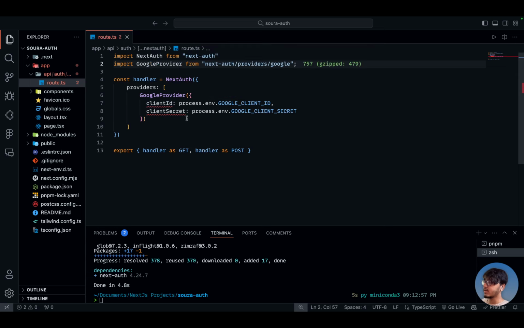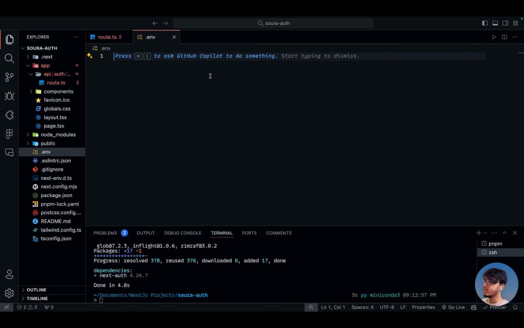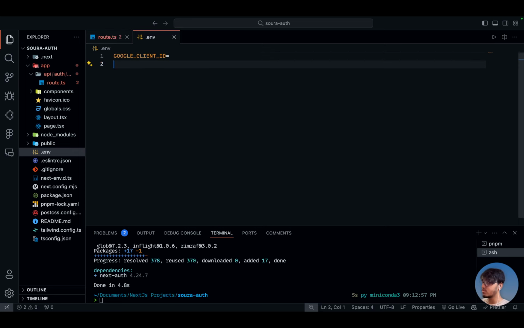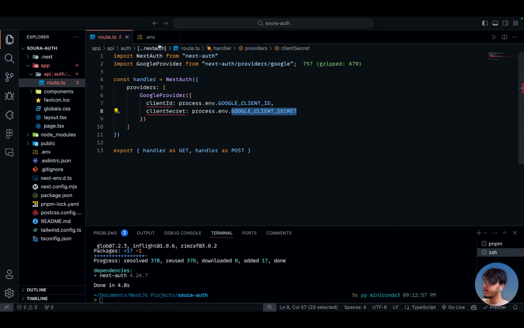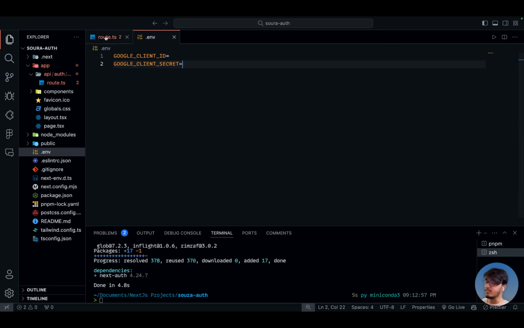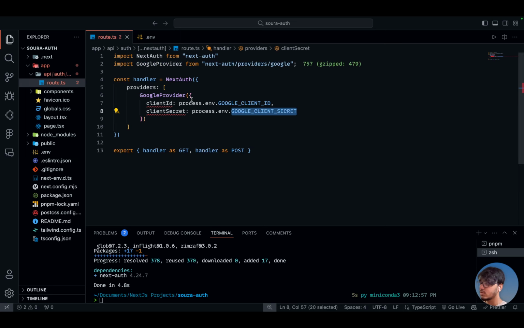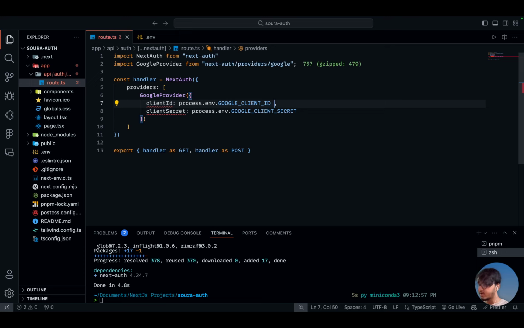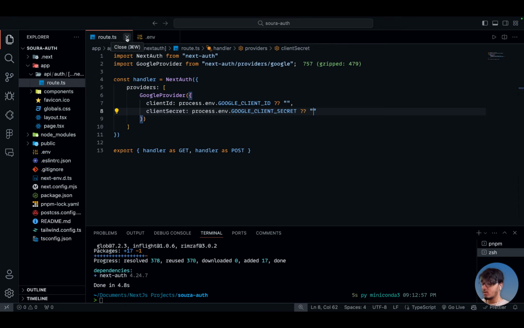And for client ID and client secret, we need to create an environment file in the main root directory with the names GOOGLE_CLIENT_ID equals to and GOOGLE_CLIENT_SECRET, like this. After that, since it's showing some error, string is undefined, it's not a single string. Okay, this is a TypeScript error basically. Just keep an empty string over here, it will stop the error. Okay, all right,